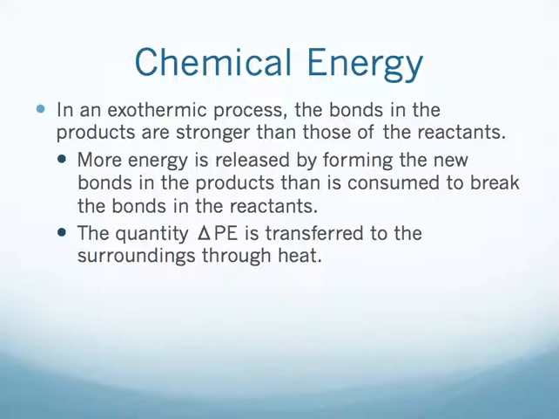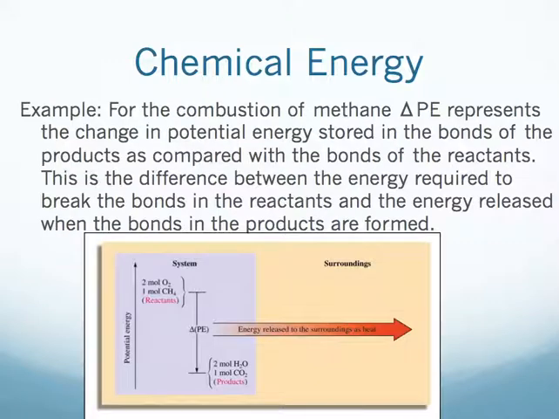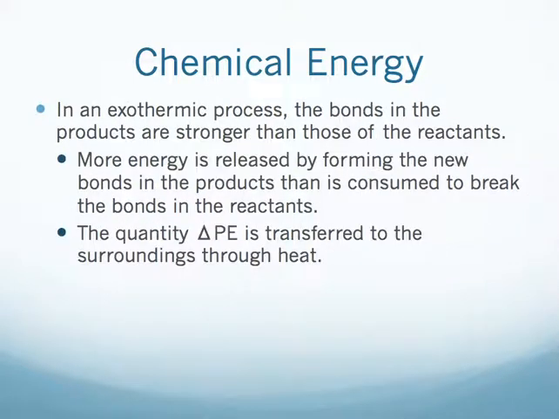In an exothermic process, the bonds in the products are stronger than those of the reactants. So let me go back up here. These down here are more stable. Their bonds are stronger than my reactants. Their potential energy was much, much higher. So more energy is released by forming the new bonds in the products than is consumed to break the bonds